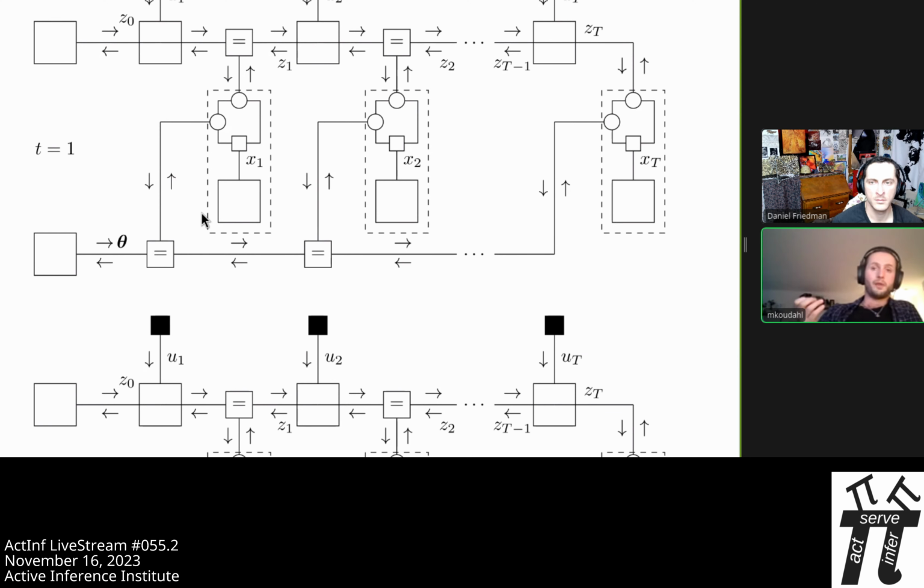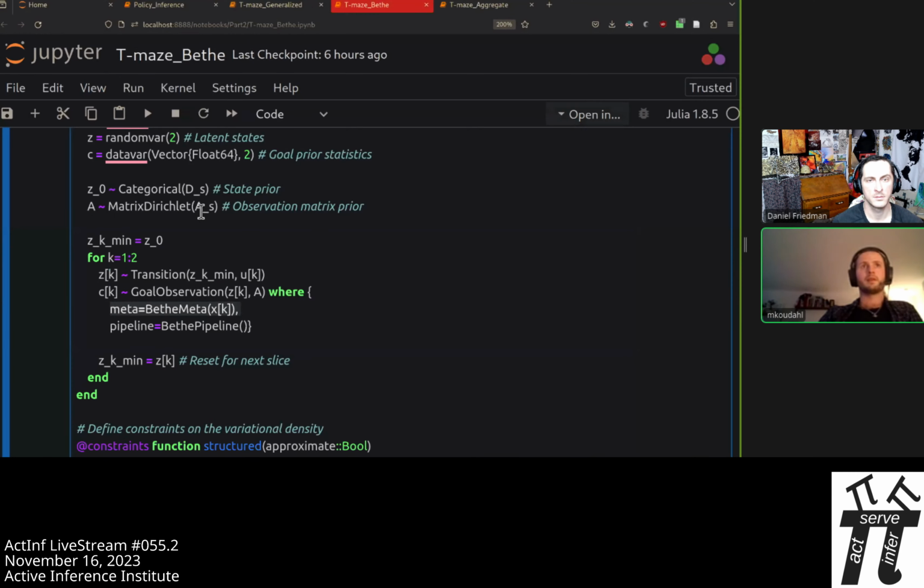You can also use it for other things, for other nodes in ActInf. Like if you have, say, a nonlinear function that you want to use somewhere in your graph, you want to pass messages through it, you're going to need to do some approximations most of the time. So you can pass your approximation method through the meta object. And if you run some iterations or you need to do some sampling or something, that kind of information is something you can feed in through the meta object. So what this thing is really saying is just swap the square for a circle, so that we do Bethe free energy instead of generalized free energy.